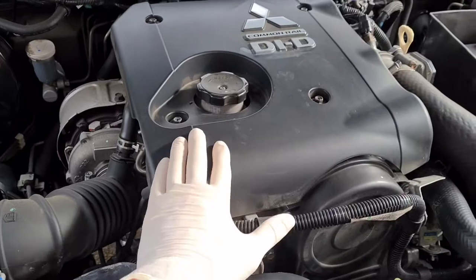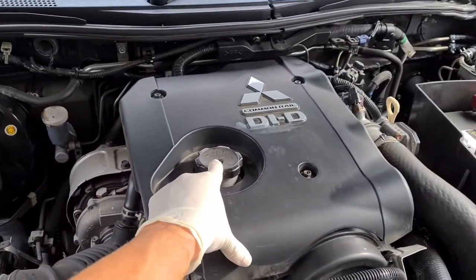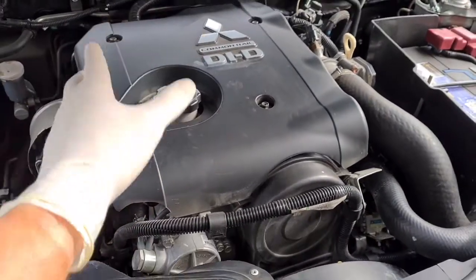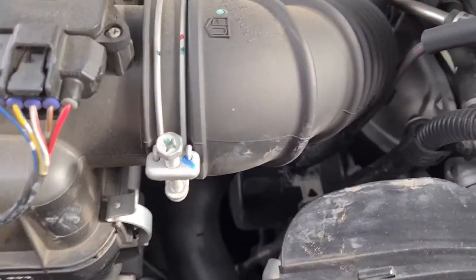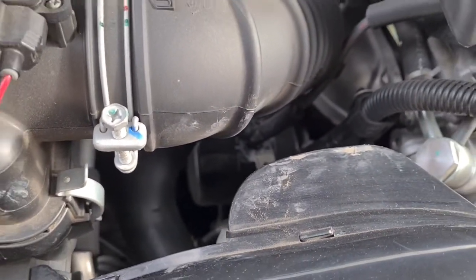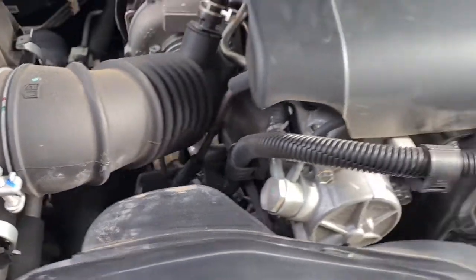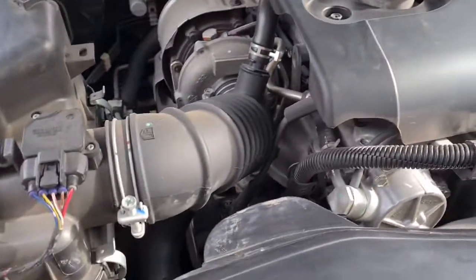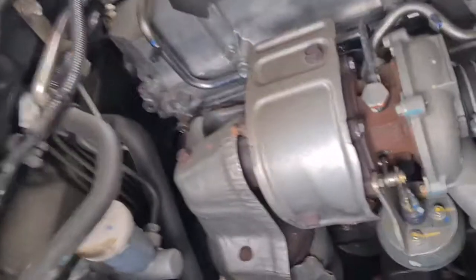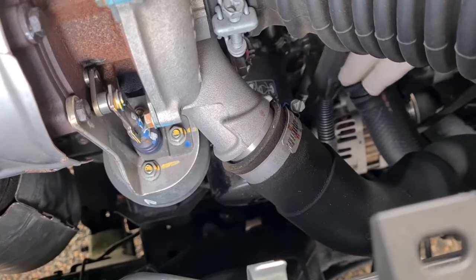And there's a few things that we need to locate. The first thing we need to locate is the oil filler cap, which is usually on top of the engine. And we also need to locate the oil filter. That oil filter can be found on this vehicle right down there underneath the turbo, and I'm going to shove a little arrow in there so you can see it on the YouTube video. And it could be on either side of the engine, so just take a look. But on this vehicle, it is right down here underneath, and you can see it. I get my hand down in there. Whoa, there we go, right here. There where my finger is,